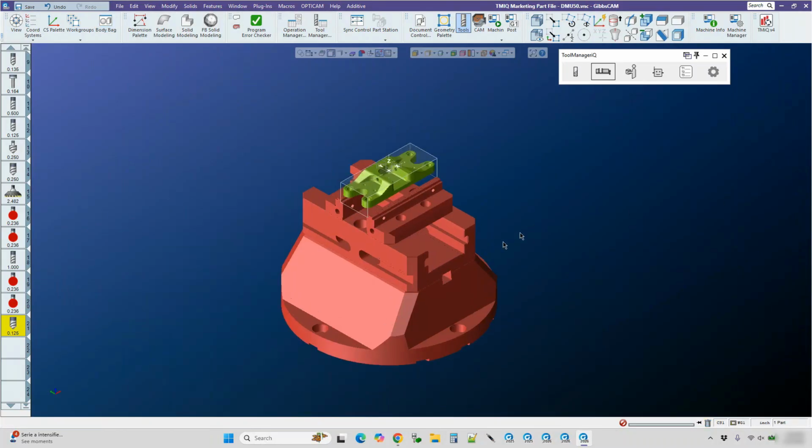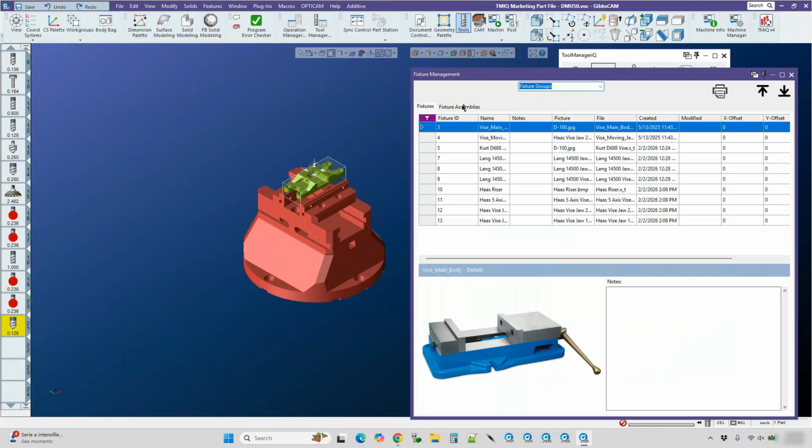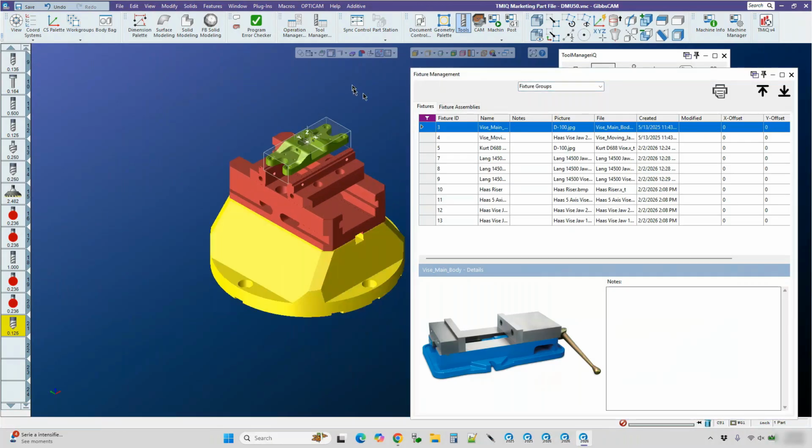So here we are in the fixture area. Let's add this as another fixture component. We're going to give it a different name. And we're going to go to fixtures, and we can only export one at a time. Or can we do multiples? Let me grab these and see if we can do multiples. I thought that we had